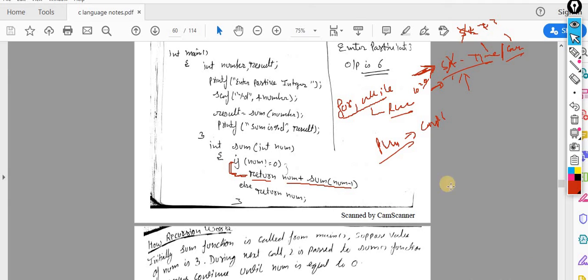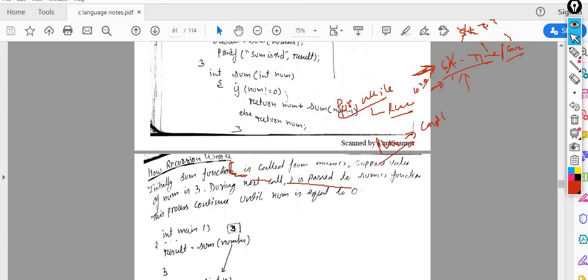Sometimes recursion makes your programs very easy and very light, but it is not a guarantee that your program will become optimized every time. Sometimes it becomes very difficult to understand the concept of recursion, because recursion is a little tricky concept. Your maintainability and readability of the code become very tough, very critical. After reading only one time, it is very difficult to understand the entire concept of recursion. So keep this point in mind.